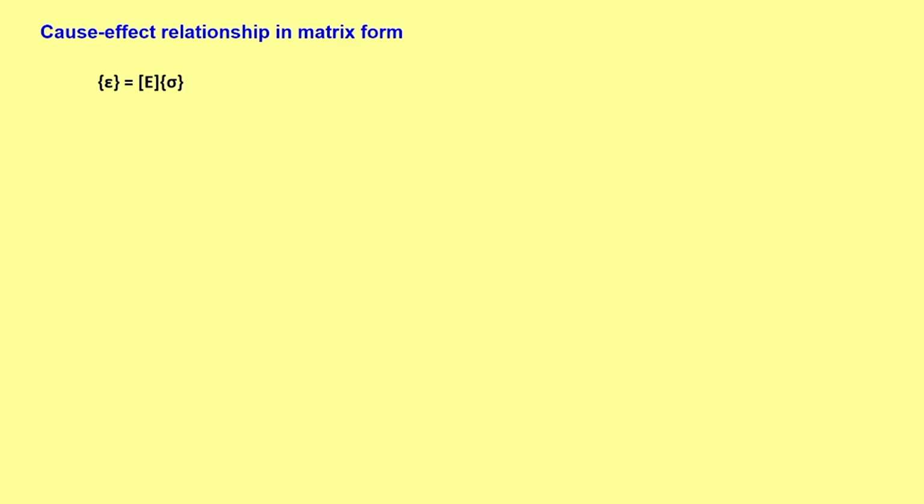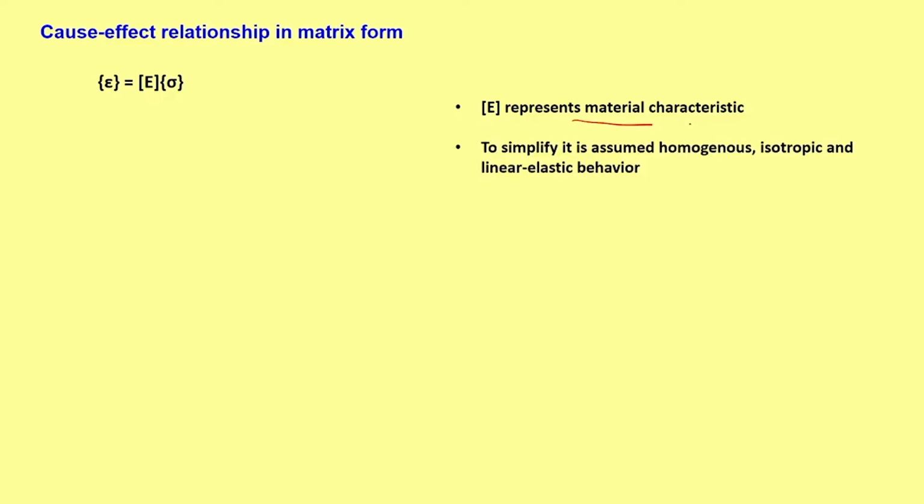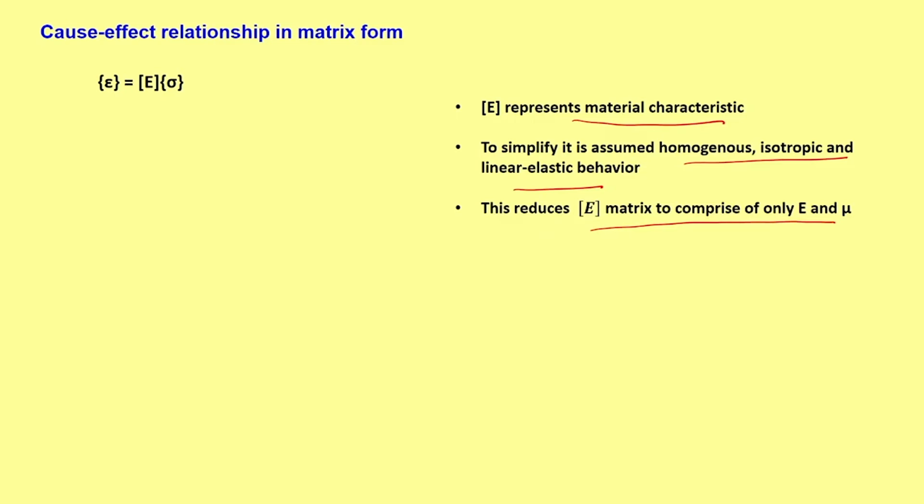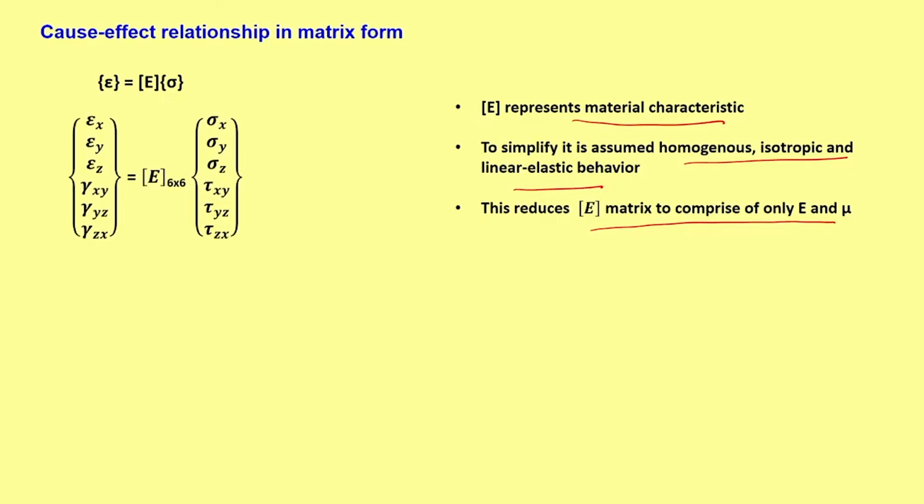The cause effect relationship is written in matrix form, where epsilon is the strain, E is the constitutive matrix and sigma is the stress matrix. E represents the material characteristics, and here again we will be dealing with homogeneous, isotropic, linear elastic behavior. This reduces the E matrix to comprise only 2 unknown parameters related to material behavior, which are E and mu, and which can be determined using suitable laboratory tests. So, that is how it looks: epsilon x, epsilon y, epsilon z, gamma xy, gamma yz, gamma zx, the corresponding stresses, and a 6 by 6